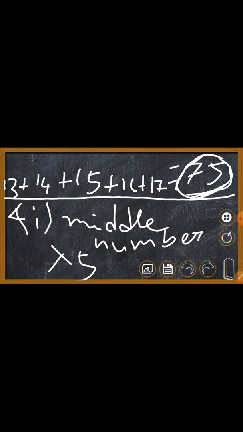Understand the logic. Don't copy this down. When I ask you to send the sums back to me, don't copy this down. If you haven't understood it, watch the explanation of the whole sum again. Because when I come back and see that you haven't understood and have just copied from here, then you see what I do. I want you guys to understand this.